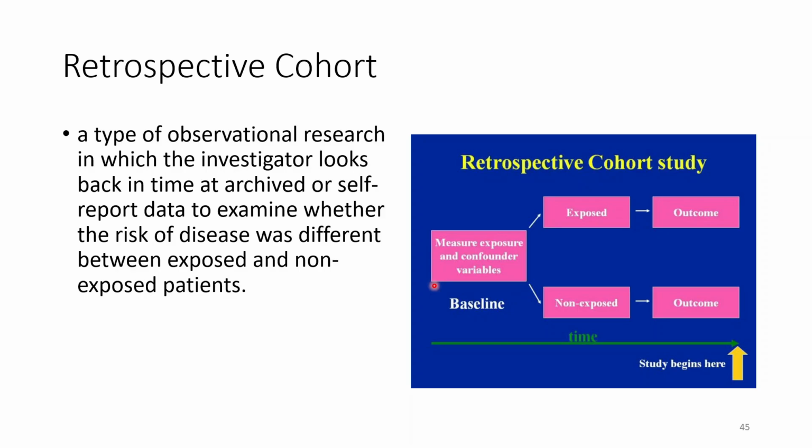That's how our two groups are defined in cohorts. And then there are two types, retrospective and prospective. In retrospective studies, what happens is that we go back 10 years using medical records. So we are in 2024, we go back to 2014 and see which patients were smokers, which patients were non-smokers, and then we follow their medical charts, their medical records up to 2024 and see who have developed what cancer